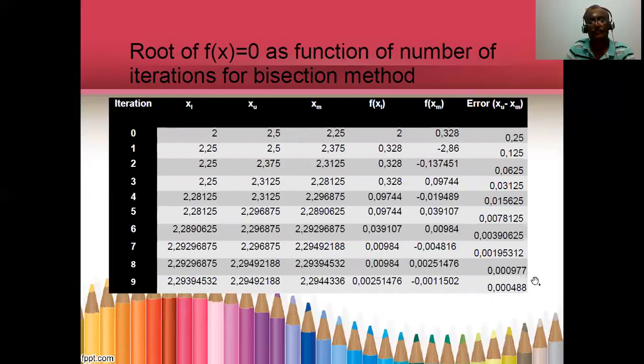Then we find that the difference between two successive values will be 0.000005. Whenever the difference between two successive values of x is less than 0.0005, we can stop the process. This is the root of the equation, approximately up to 5 digits or 4